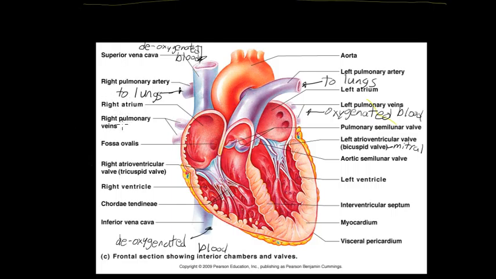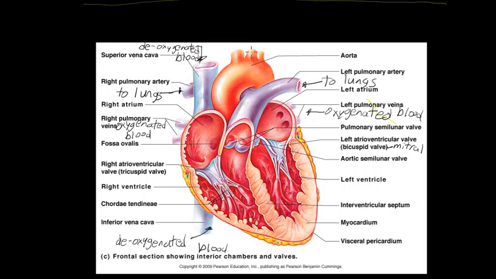So this here is oxygenated blood. So this newly oxygenated blood flows from the left atrium to the left ventricle when this bicuspid valve opens, and when the semilunar valve opens, it flows up the aorta, which splits and delivers this newly oxygenated blood to the cells of the body that utilize the oxygen for their various metabolic processes, and